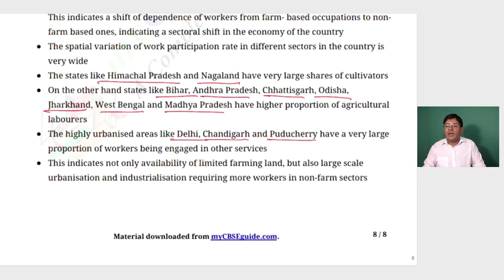तो इससे केवल ये इतना ही पता नहीं चलता है कि हमारे पास में लिमिटेड फार्मिंग है, लेकिन जैसे जैसे अर्बनाइजेशन इंक्रीज होता है या इंडस्ट्रियलाइजेशन इंक्रीज होता है, इसका डेवलपमेंट होता है, तो the people depending on the farms slowly decreases. जितना ज्यादा अर्बनाइजेशन होगा, जितना ज्यादा इंडस्ट्रियलाइजेशन होगा, उतने ही उनमें ज्यादा लोगों की जरूरत होगी और फार्मिंग सेक्टर में लोगों का कम होना शुरू हो जाएगा। So this is the end of the chapter